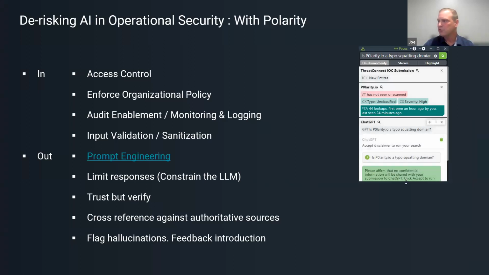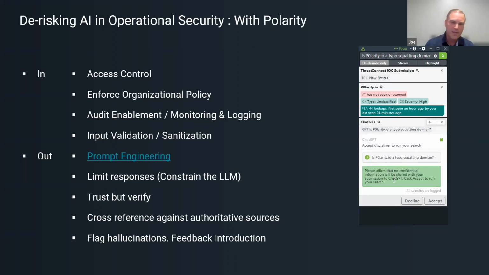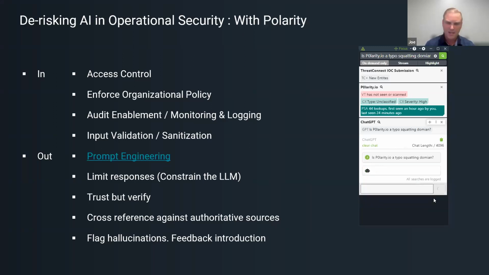And this is enforcing a control, asking me whether or not I'm actually abiding by company policy in the submission of this content. Now, this is a pretty passive control, albeit detective. I can let somebody accept or decline this, is the way that I have it configured. But certainly you could have it set up to do a block altogether if you had certain rules that you wanted to implement within an integration like this. Now, regardless of whether or not I choose to decline or accept, in this case, I'm going to accept, and I'm going to ask GPT to give me an answer back on that particular domain. I want that audit and accountability.